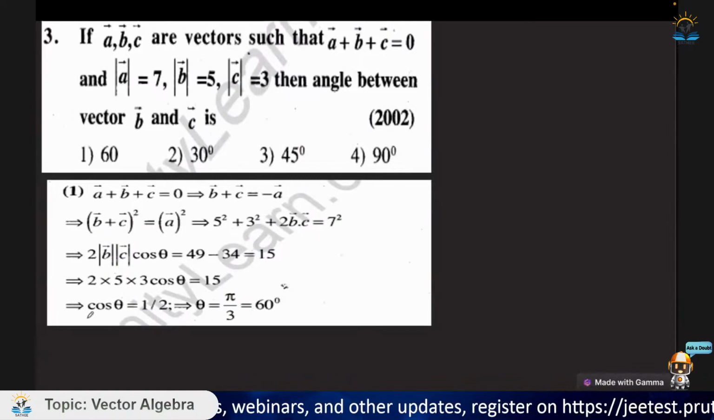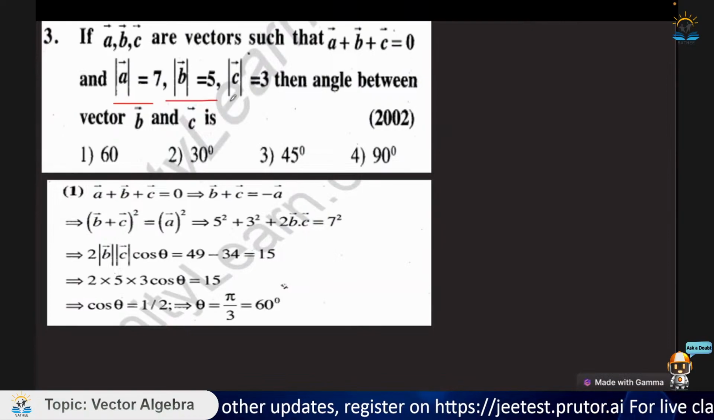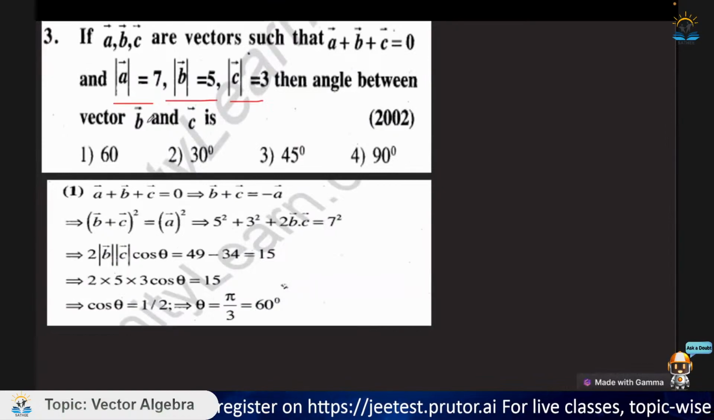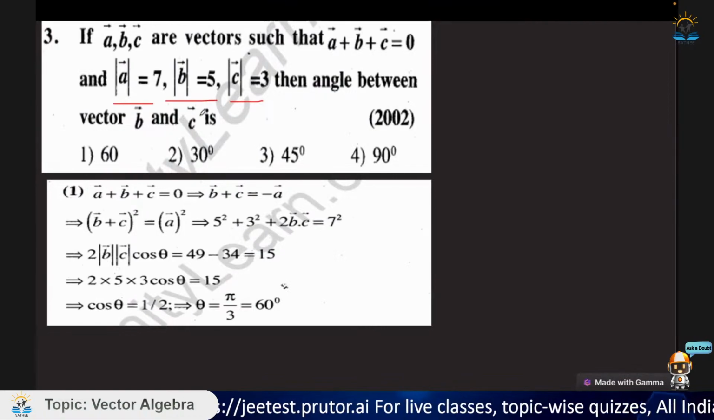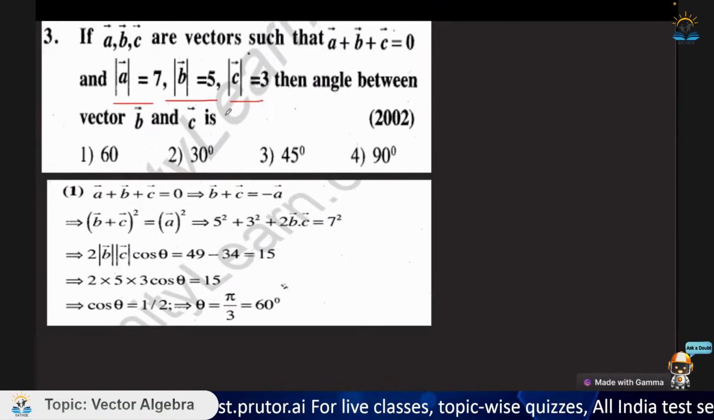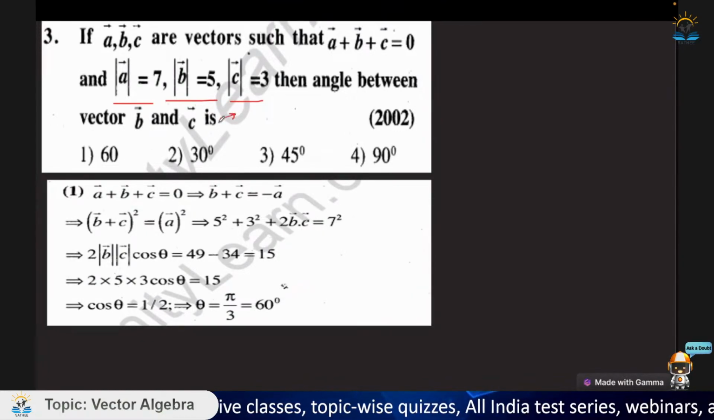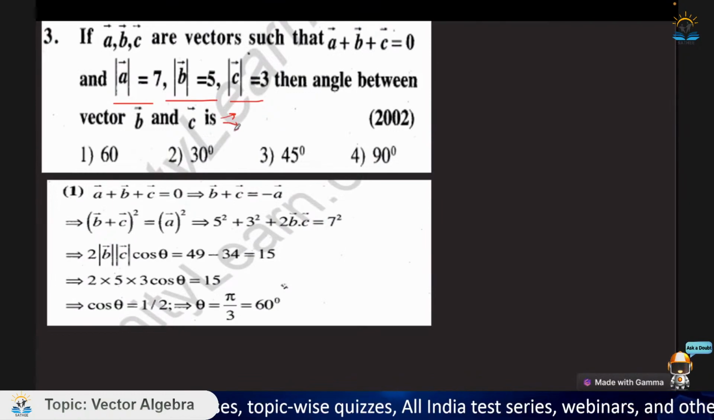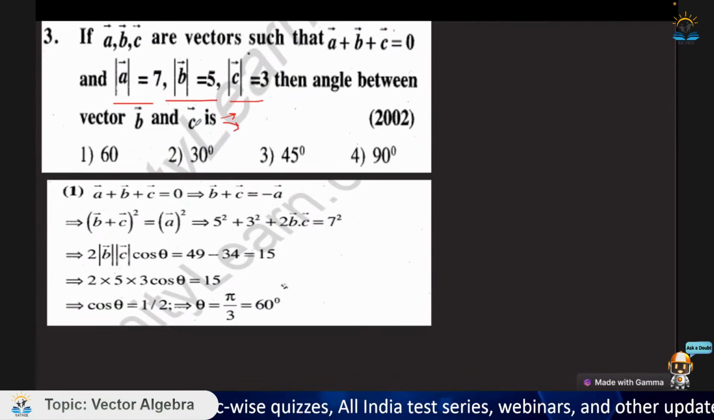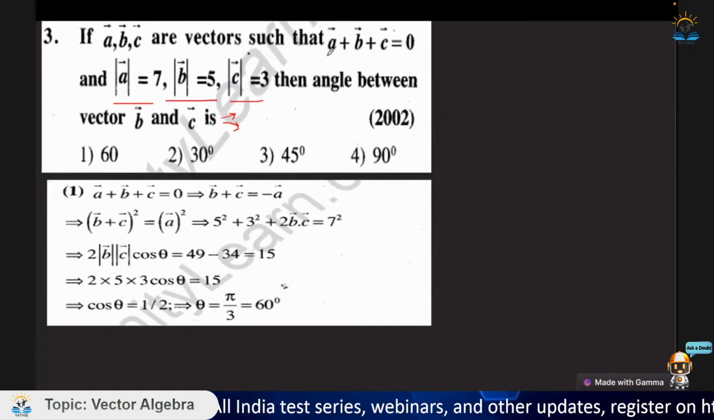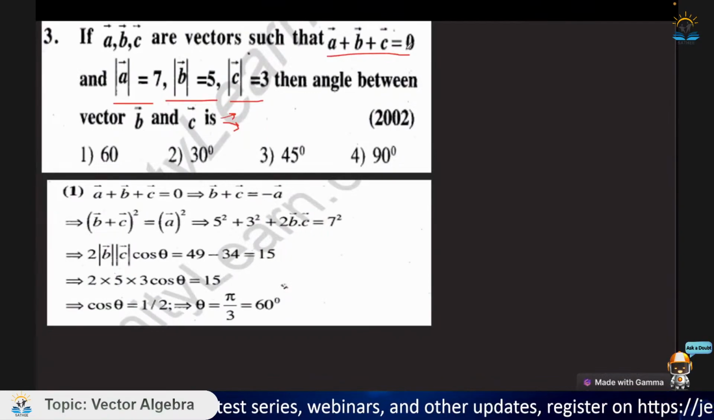हमारे पास a की वैल्यू दे दी गई है, b की वैल्यू दे दी गई है और c की वैल्यू दे दी गई है। ओके, सो एंड वी हैव आस्क्ड कि एंगल बिटवीन b एंड c। ओके, तो ठीक है। सो b और c में एंगल दो तरीके से निकल सकता है, या तो हमारे पास b dot c पता चल जाए, या b cross c पता चल जाए। सो हमारे पास जब ये इक्वेशन दी गई है तो हम इसी से कुछ ना कुछ मैनिपुलेशन करके